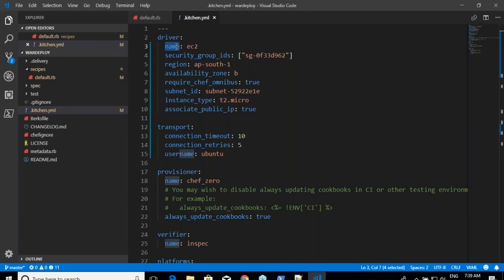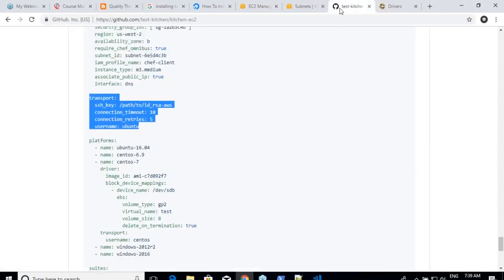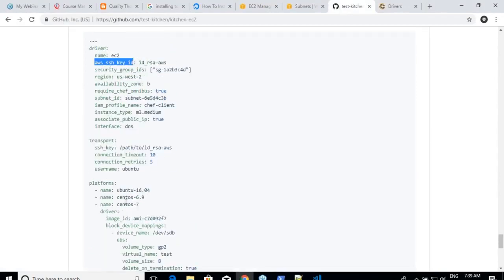When you come to this structure, there are multiple keys. You see the AWS SSH key ID and the SSH key, and I'm not passing them because I have read the documentation. If you don't pass them, kitchen will create it for you. If I want to use my own keys, then I will pass those details. You get to know this either by experimenting or reading the documentation, because there are 1001 combinations in that. Am I clear on this?